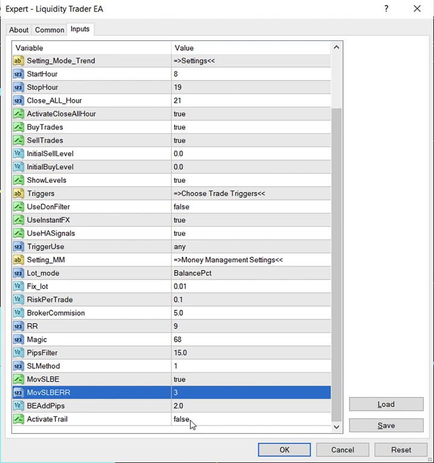Now, the final feature I have is if you want to activate the trailing stop. What this will do, every time the market goes towards the target, and it makes 1 R, and let's say it makes 2 or 3 R, then it will move the stop loss to the 2 R. So it will always help you to keep something of the profit, because sometimes the market can go to 6 R and then go back down. So you will be able to keep 5 R, so it will not be lost for nothing. So these are the features of the